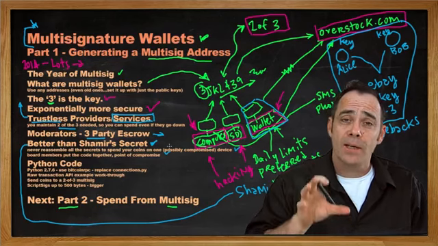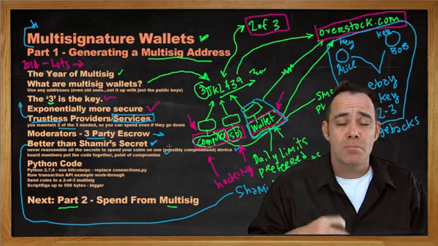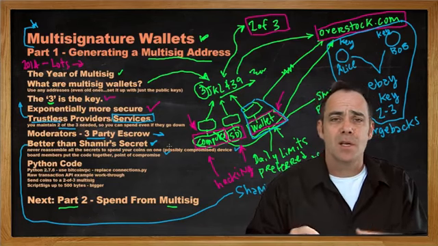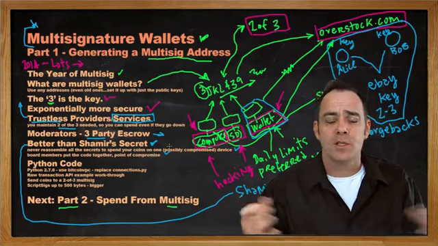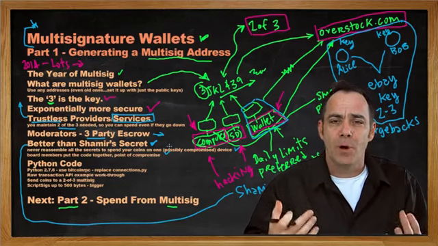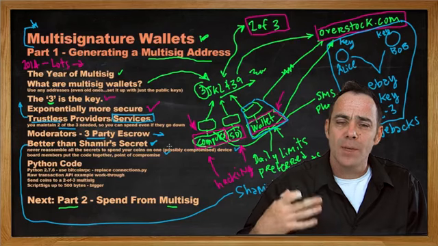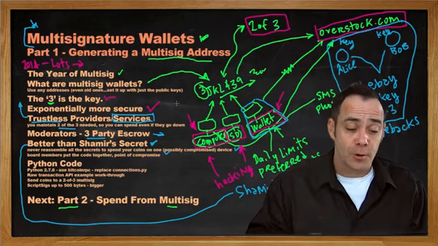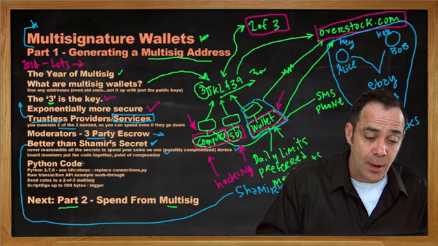So we've spoken about a couple examples where it can be used. There's a million more great ideas for using multi-sigs to protect things, to set up trust, maybe in a board type situation where board members will be able to vote with the money, and stuff like that. There's so many ideas that can be incorporated into multi-sig. So with no further ado, let's jump in and take a look at how we can create our own multi-signature